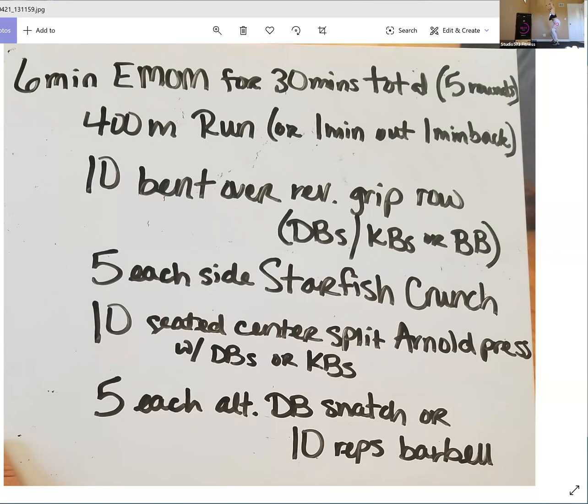Trying to keep that chest up. Good. All right, so moving on, we're going to do a couple more mobility things, preparing for those snatches. All right, we're going to come down